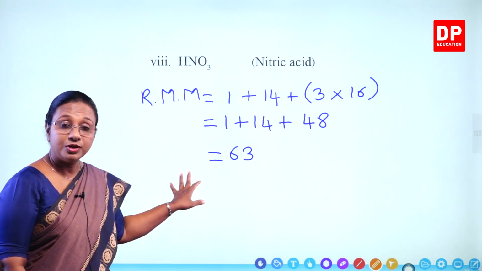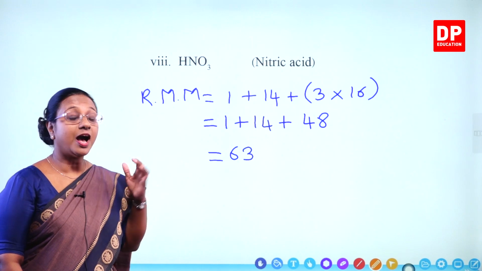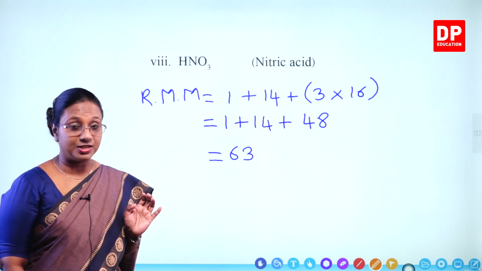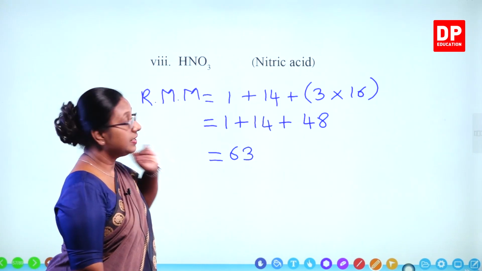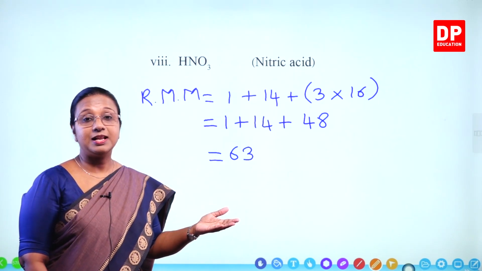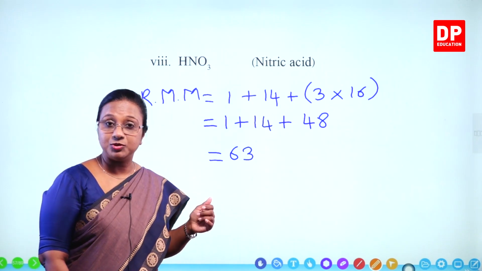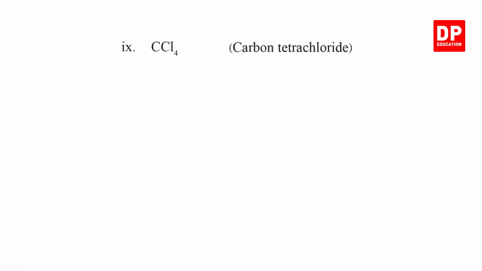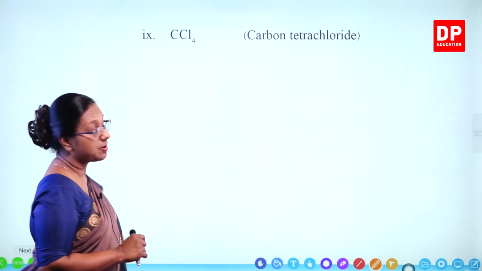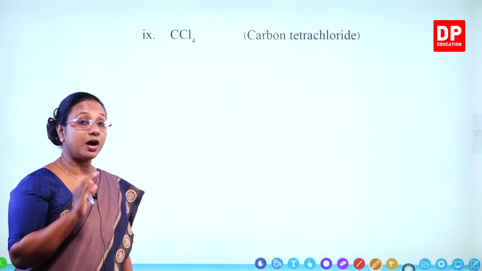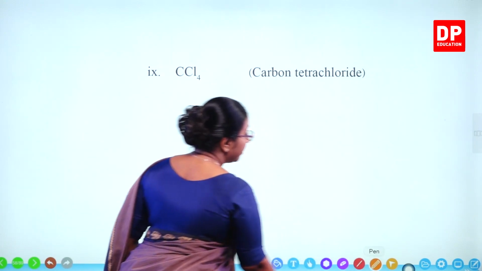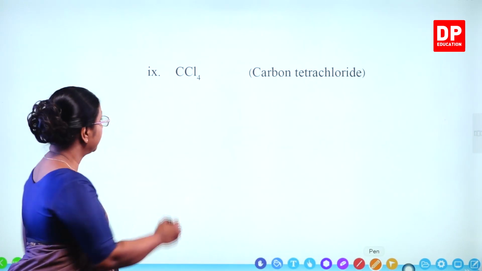So now, are you getting everything correct? I am sure you are, because you know how to do this calculation. Count the number of each atom, multiply by the relative atomic mass and add them together. Then the next one, CCl4, that is carbon tetrachloride. 1 carbon, tetra means 4, 4 chlorine. So carbon tetrachloride. If we calculate the relative molecular mass for carbon tetrachloride,